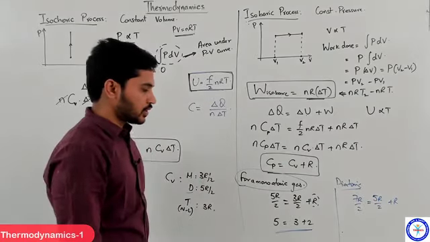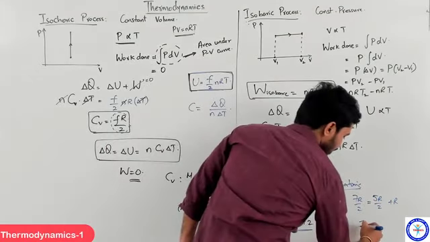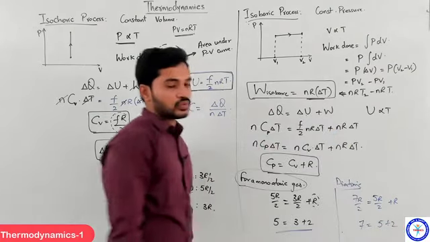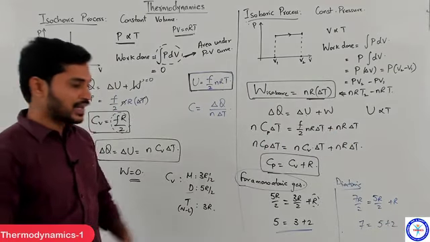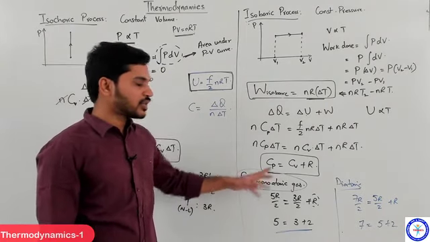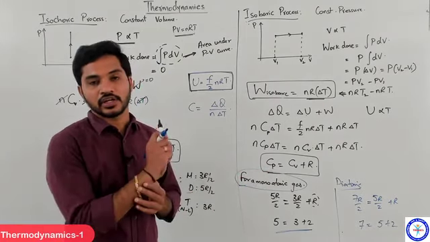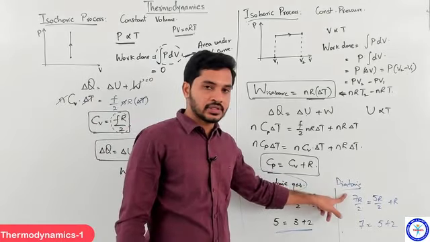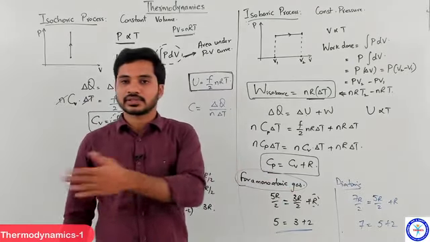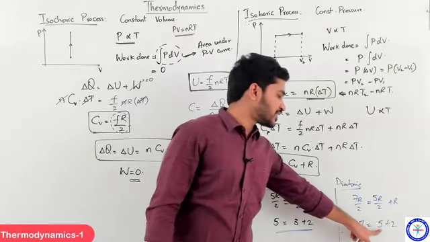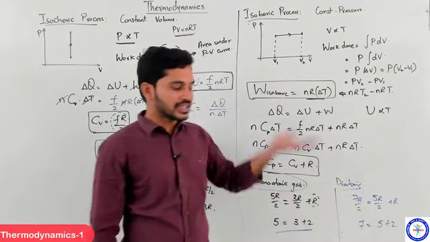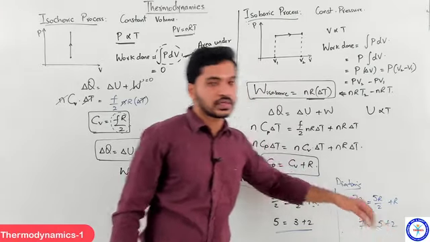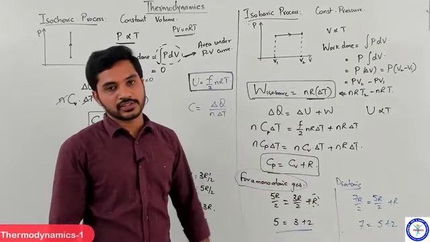Right, students? So which means the result we get here is 7 is equal to 5 plus 2. So what is the diatomic gas doing? Unlike monoatomic gas, diatomic gas follows a different ratio. If you give Q amount of heat to a diatomic gas, it divides that into 7 parts and it utilizes 5 parts of that to increase its own internal energy, and it utilizes 2 parts to do work on the surroundings.